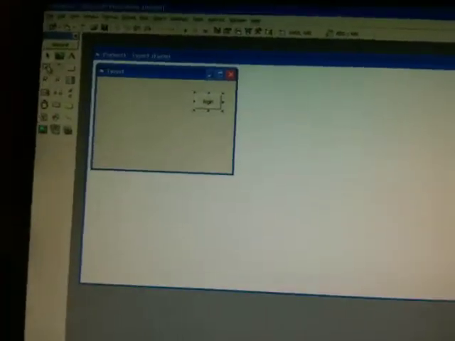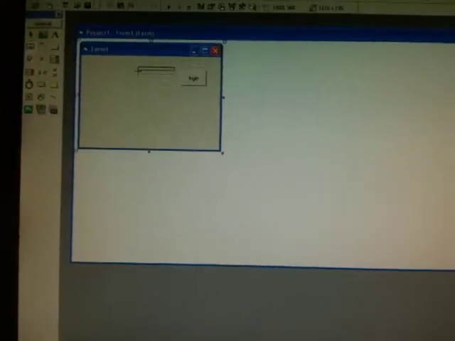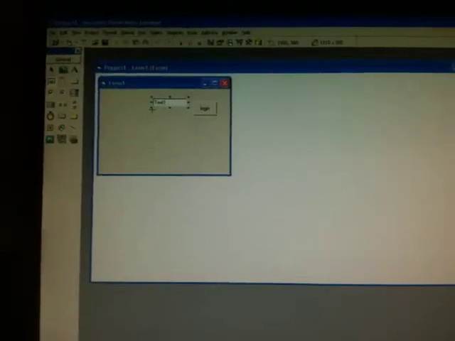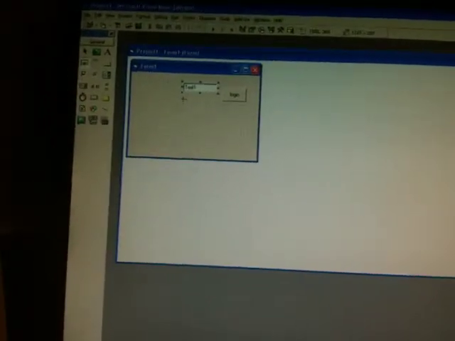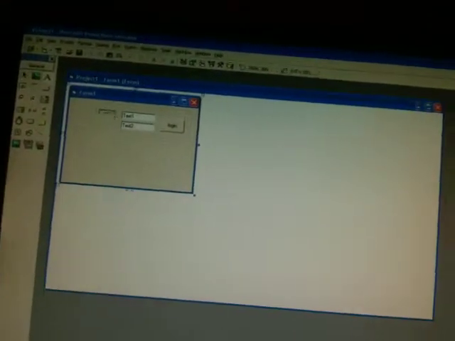And so you need 2 text boxes. Oops, sorry. There. And then 2 labels.